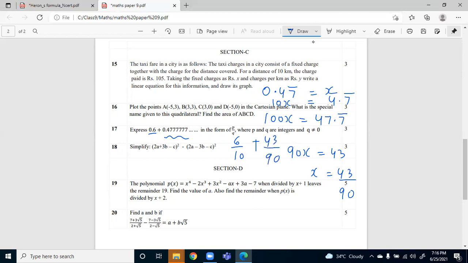Okay, now I will take the LCM. LCM is 90. I will multiply this by 9. 9 6s are 54 plus 43. So I got 97 upon 90. Correct. 97 upon 90, so I cannot reduce it. So this is the final answer. Okay, ma'am. Because see, we need to leave it in p by q form. So no need to go for the next one. You just leave it like this.